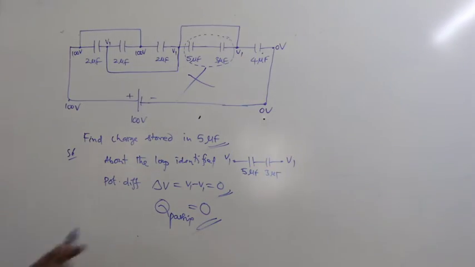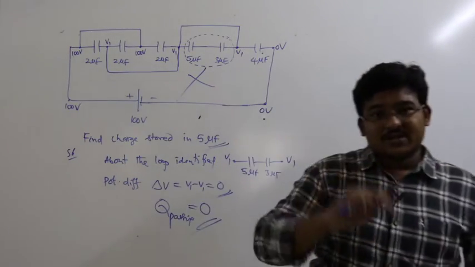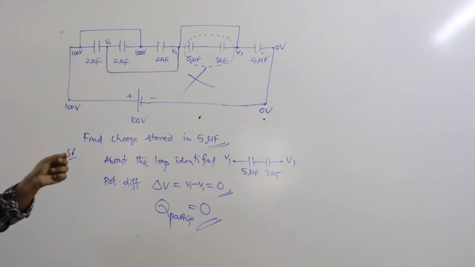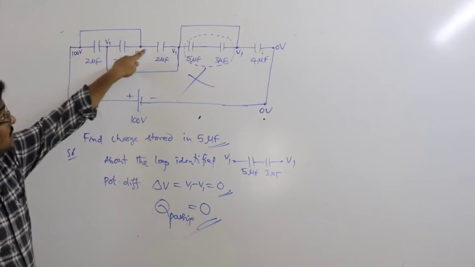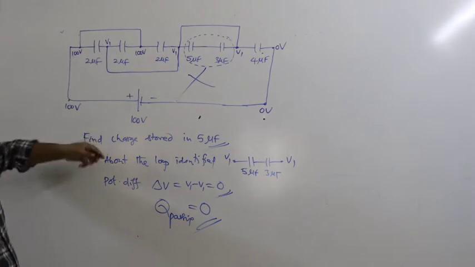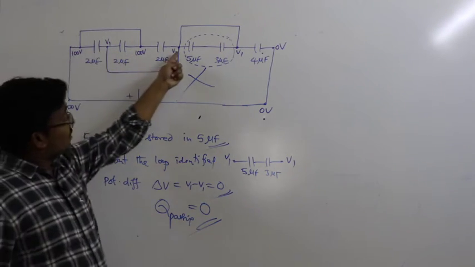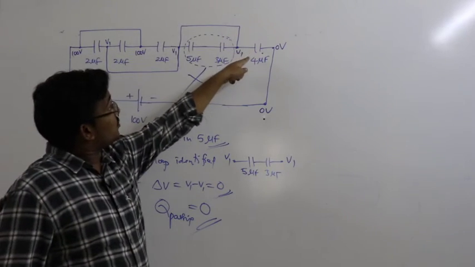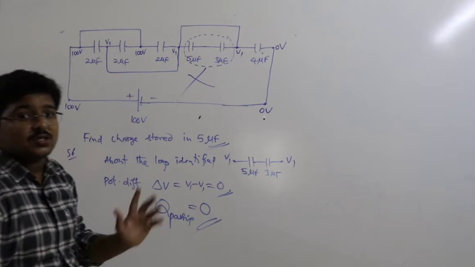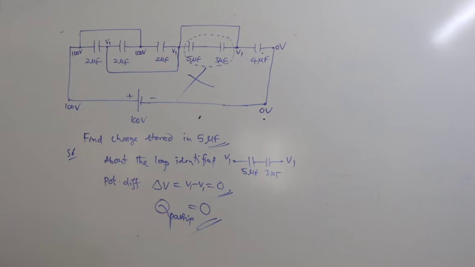Here what we have observed? Only the endpoints concept. Here the conductor will carry the potential, so this is 100 means this is 100, and here at some node we have assumed some V1 voltage. So this V1 voltage will be carried here also, and this V1 will be carried here also, and for this branch the endpoints are same, there is no potential difference, so the charge is 0. Right. Now discuss one more,